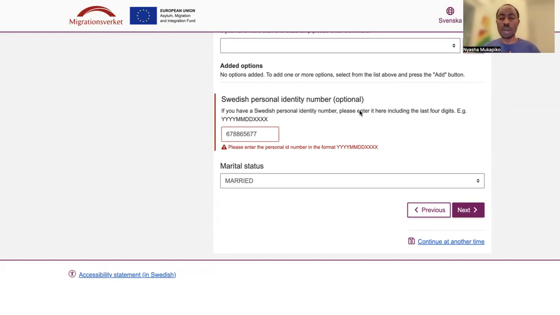And once you have uploaded everything, and then once you have ticked all the boxes, then it's time to submit your application.